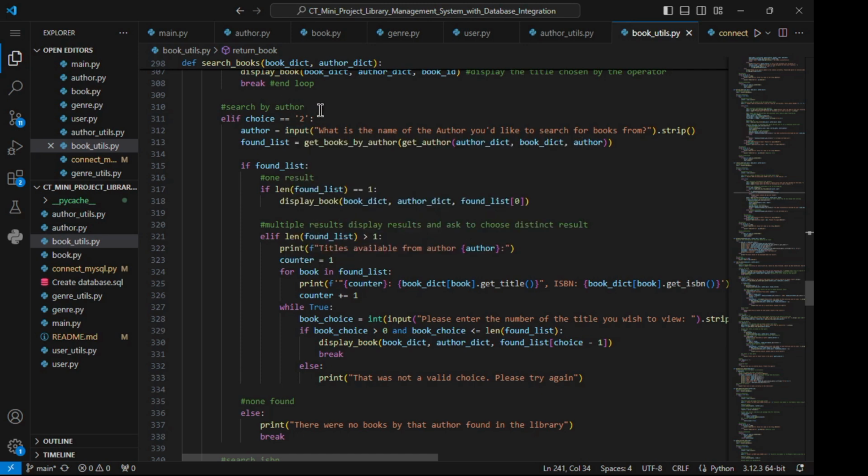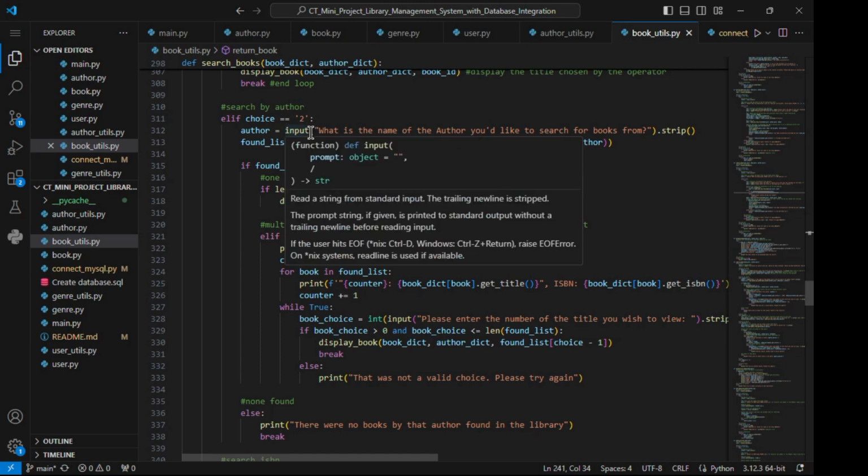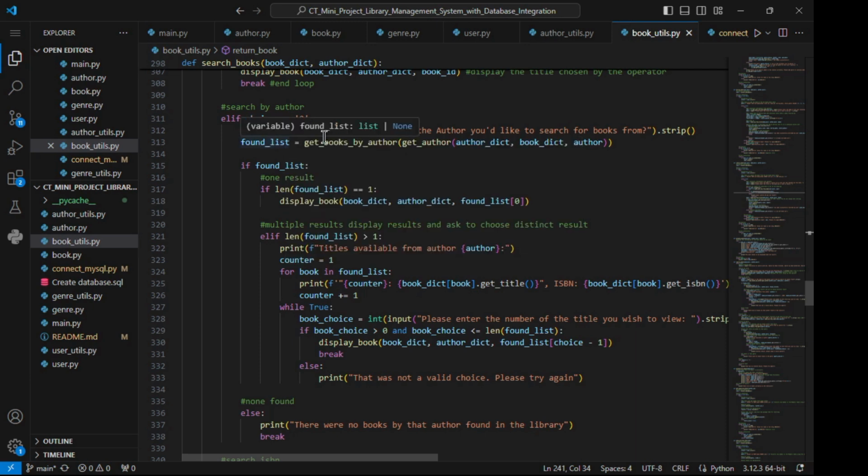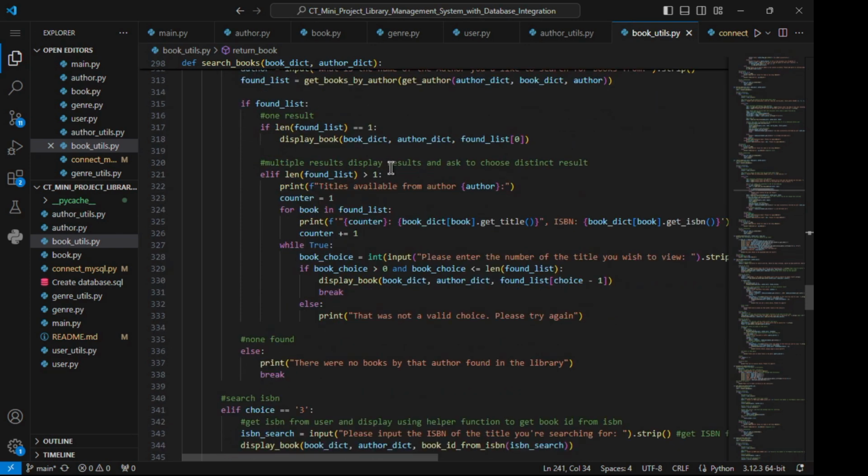Then we have search by author, where we get the author name from the operator. We use the author name to get the books from the database that are all attributed to this author. Then, if that does return any results, we check to see if there's one result, in which case we just